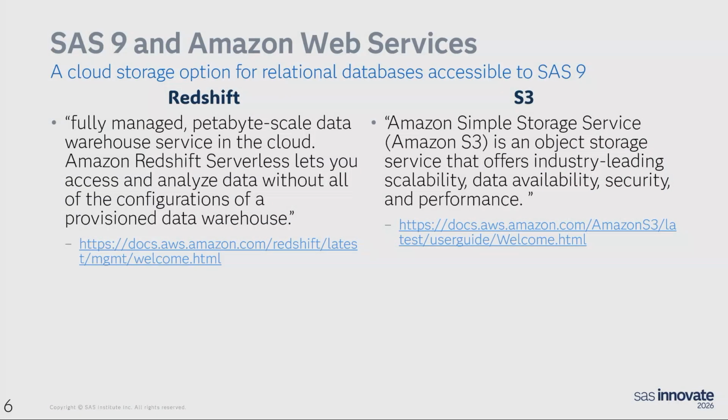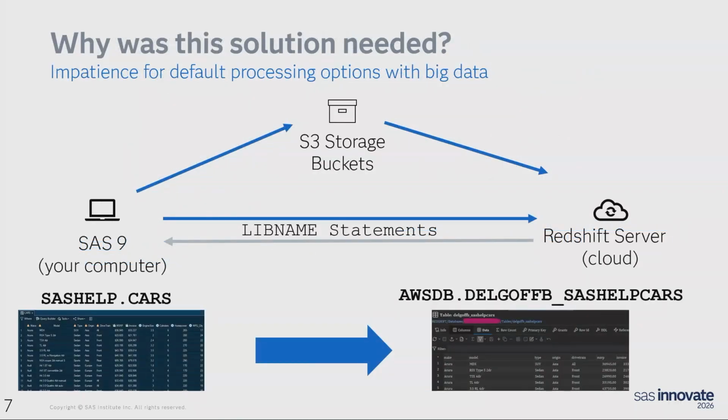So if you're not familiar with either of these terms, here are some good links to documentation. But in short, these are both Amazon solutions to data storage and query. And why are they needed? Let's start with a visual. Anytime you have data or plan to have data, you need a data storage solution. And understanding how these solutions move data is essential to understanding how to optimize the process and runtimes for code